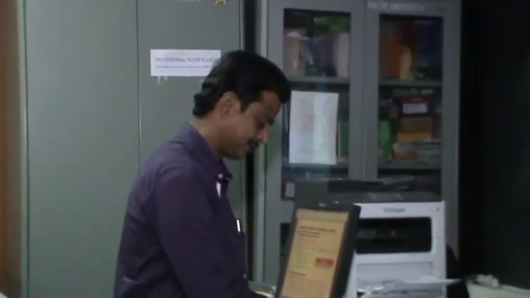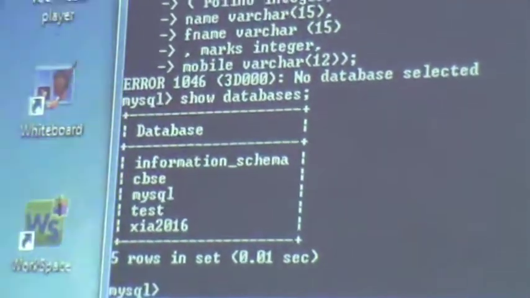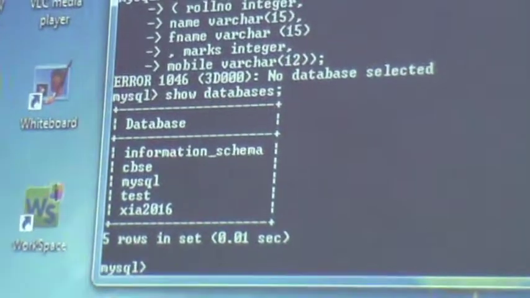You can see the databases existing in this root directory. So which command will we use to see the databases? These are the different databases: information schema, CSC, MySQL, test.